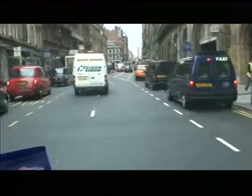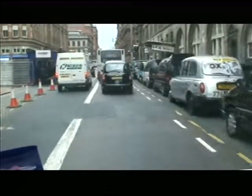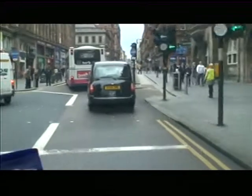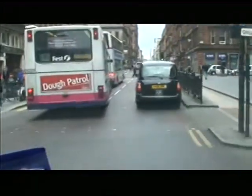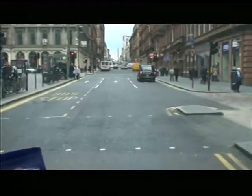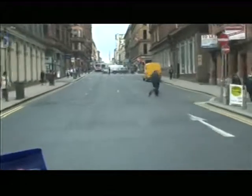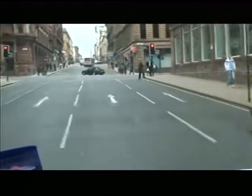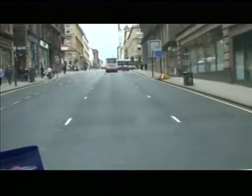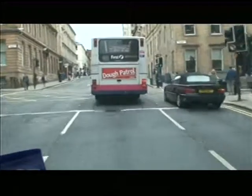The 38 service, it goes to the east of the city, so we're heading through to George Square. So east buses in the city will head up Hope Street till they get to West Regent Street and turn right into West Regent Street. Continuing up Hope Street. And we're going to continue up Hope Street, passing West George Street, and we're going to turn right into West